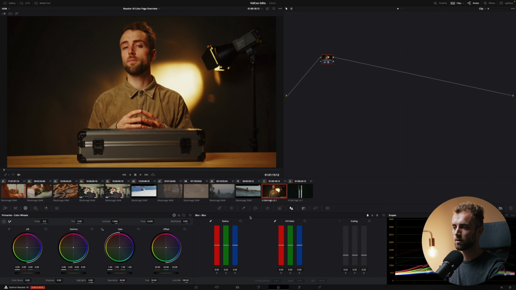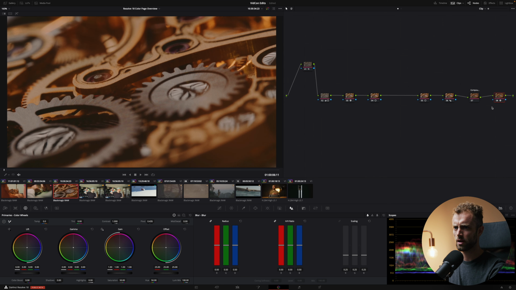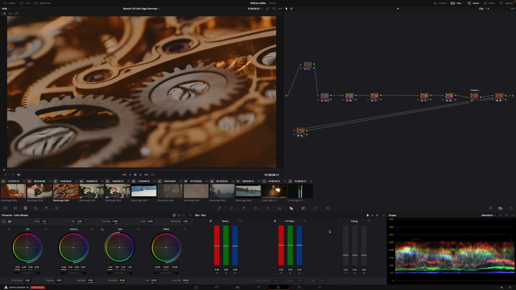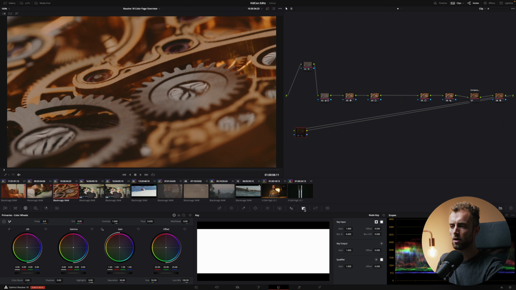So next up, we've got our blur options, right? This is where you can add in a bit of sharpness. So for example, right here, let's say this needs to be sharper. I pull this down to 0.48, and if I deselect it, you can see a minor difference. You can see the difference in the scopes though. All right, so that's one way to do it. If you want to blur it out, you can put it up, right? And then suddenly it becomes blurry. Cool.